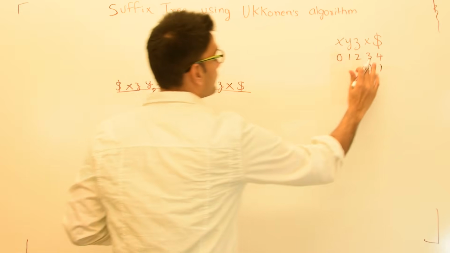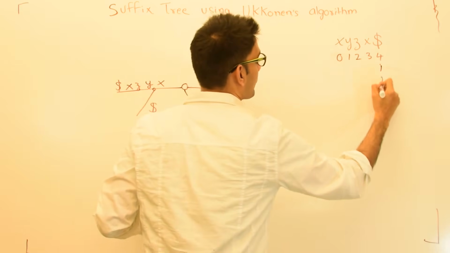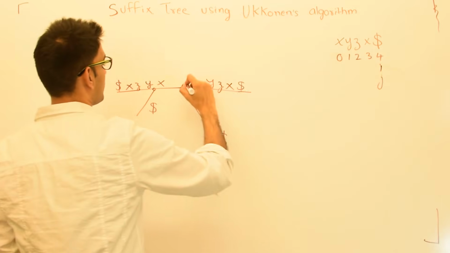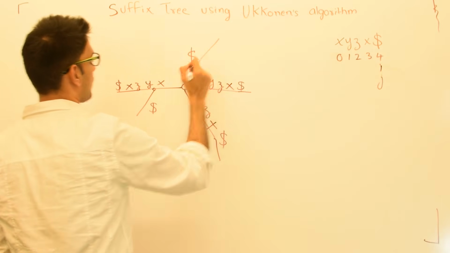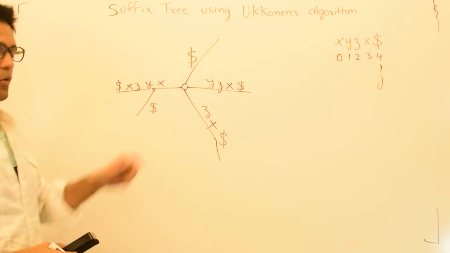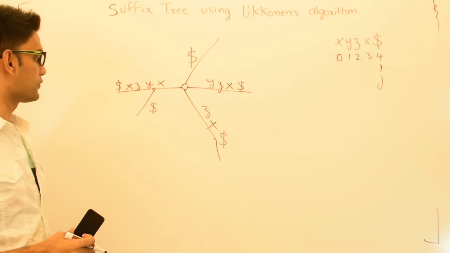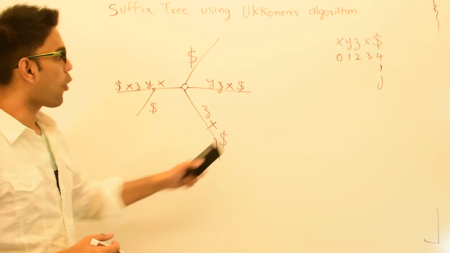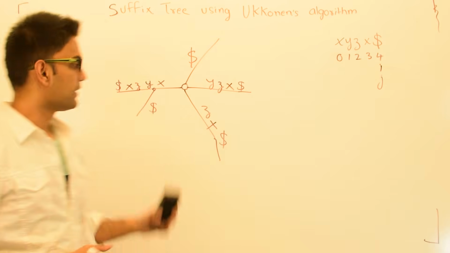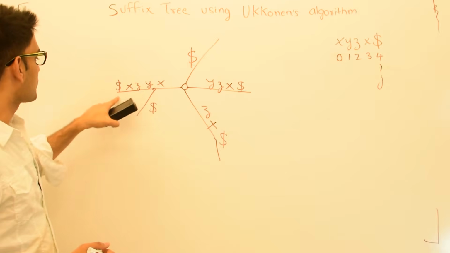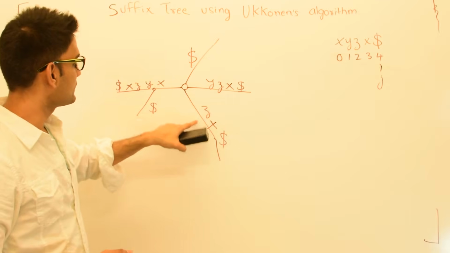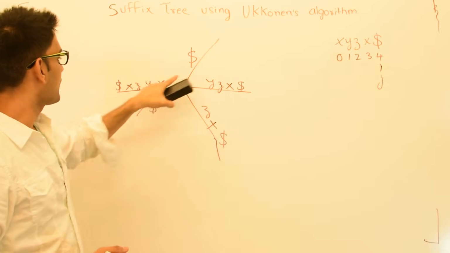And finally, j becomes this one. So we create a new edge with dollar. At this point, I converted my implicit suffix tree into a true suffix tree, because now all the suffixes end in a leaf: x, y, z, x dollar; y, z, x dollar; z, x dollar; x dollar; and then